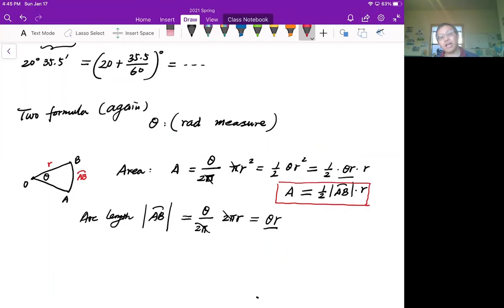It's just 1/2 times the height. Can you see that? So the arc length of AB is just like the base of the sector, which is very similar to